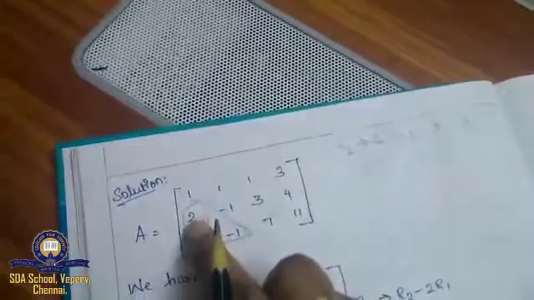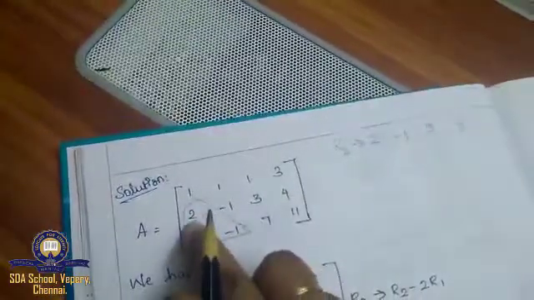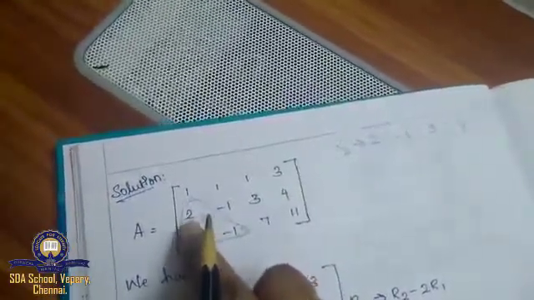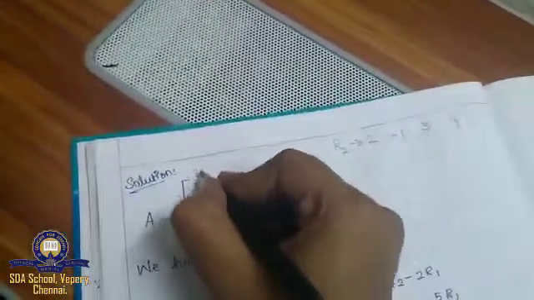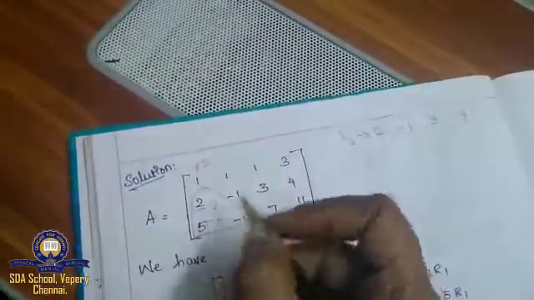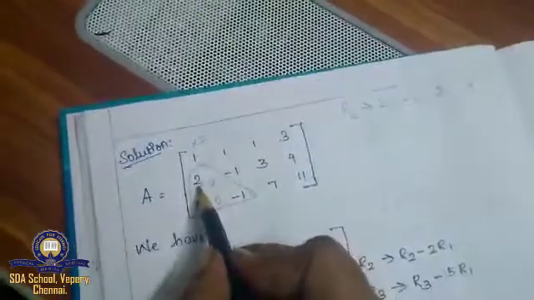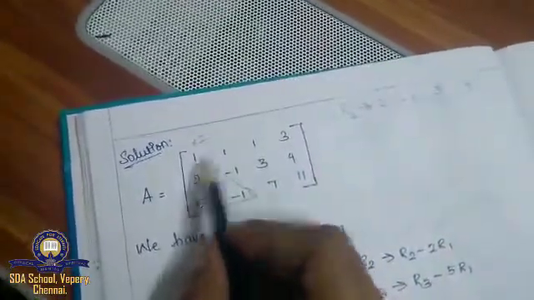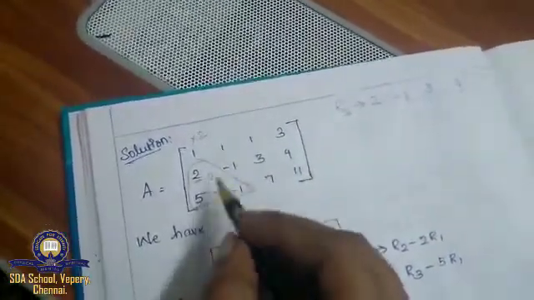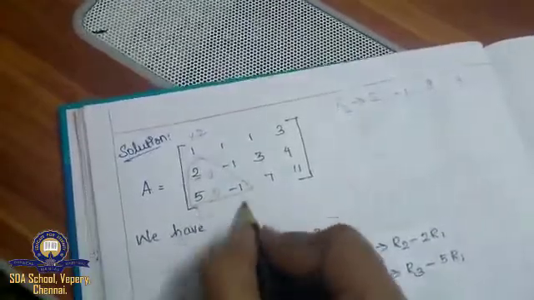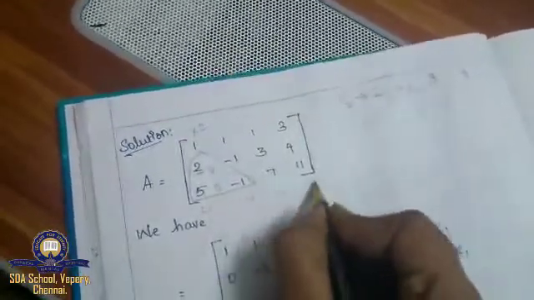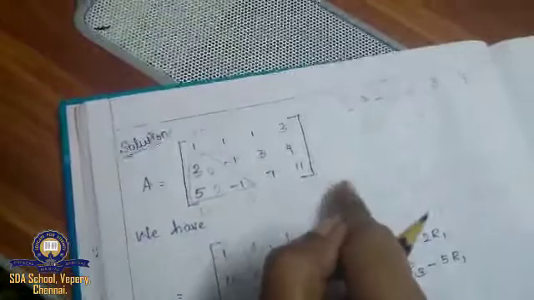What I should do is multiply by the first number. Your first number only you have to take. So this is 2, right? I have to multiply 2 with my R1. R2 is your row 2, R1 is row 1 and R3 is row 3. Similarly, this one is C1, C2, C3, C4, like column 1, column 2, column 3, column 4.